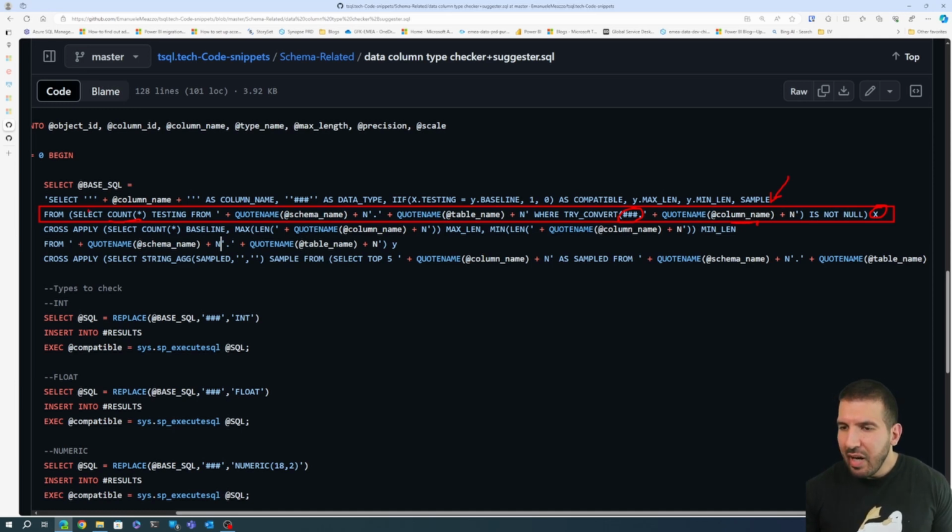And then I say, okay, count how many rows you get from the original table that you are testing right now, where converting all of this is not null. So basically it says count the successful conversion of this column in this data type, which is still a placeholder, from this column. You will see in a bit, when we look at the types to check below here, what it means. Then I'm also cross-applying